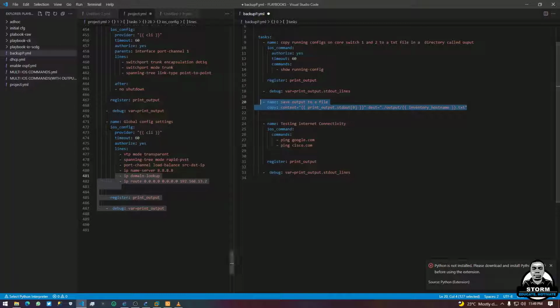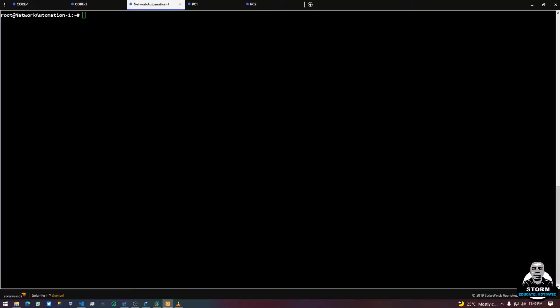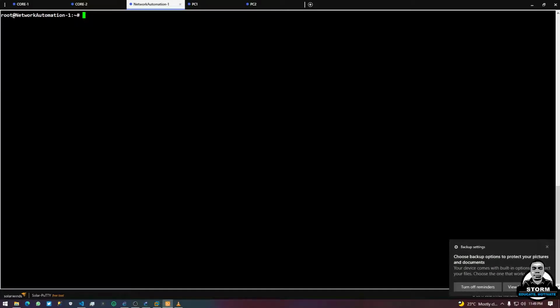So when we are done, we need to test for connectivity, because we've configured the IP route, static route, IP domain lookup, IP name server. So we need to test if we have internet working. So this is my automation. It's a Linux